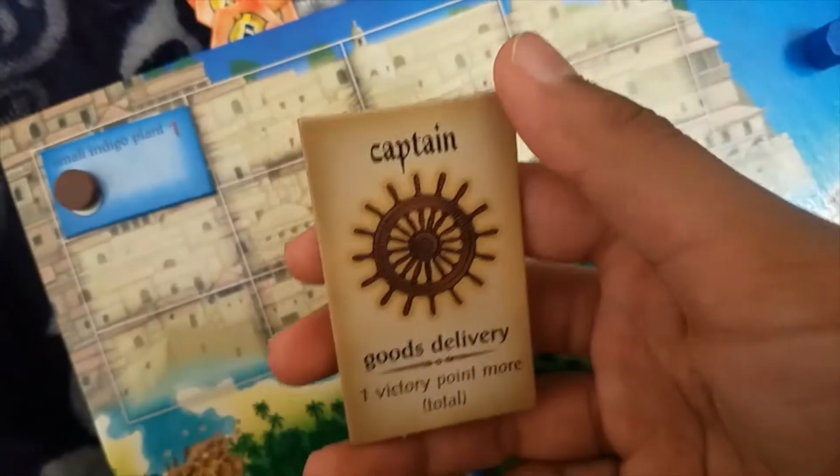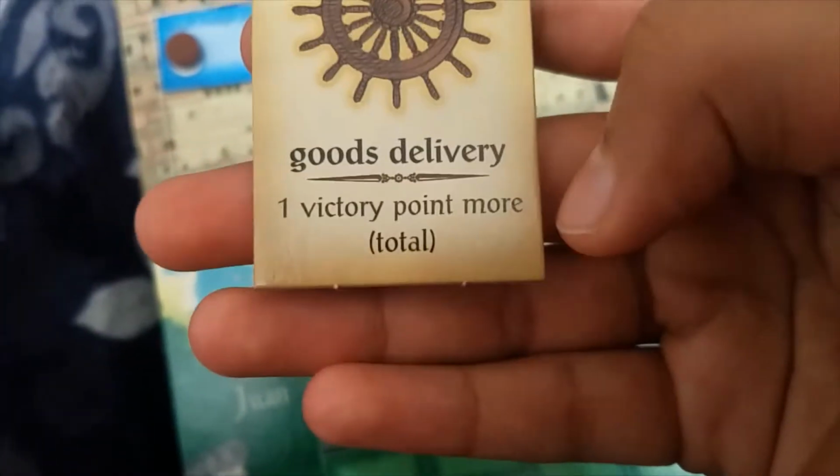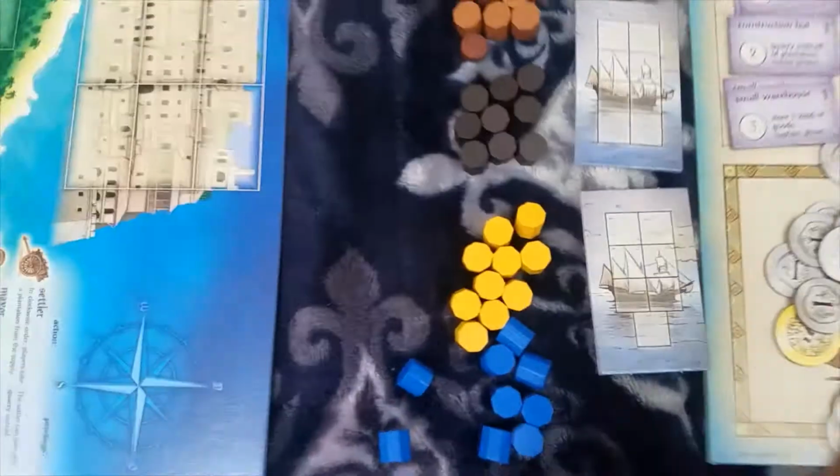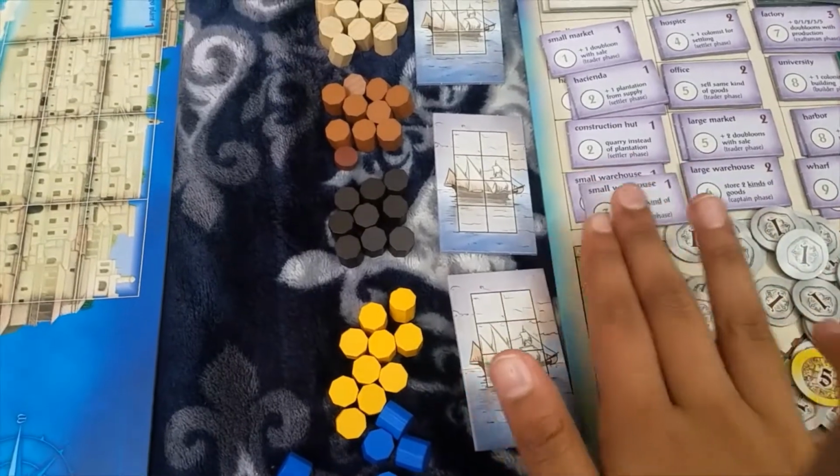And another role is Captain. And the special power is you get an extra victory point. So, Captain, this is how it is. Captain involves ships. So, I have 1 indigo, and I could put it on 1 ship. As I said,